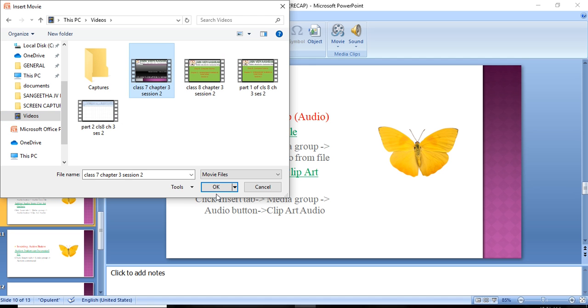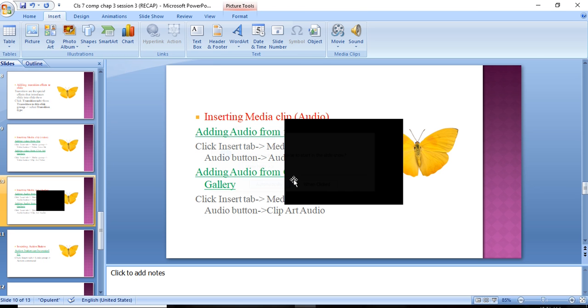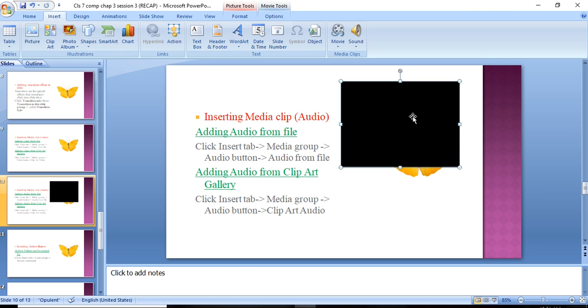I just select one movie file, that is a video file, and click on the OK button. Automatically the video file is added to the slide. This is the way to insert the video to the slide.